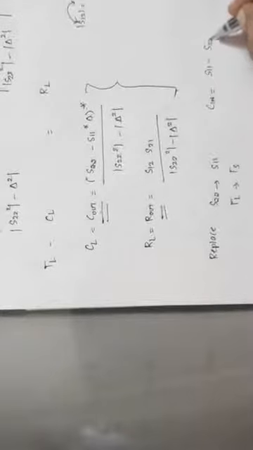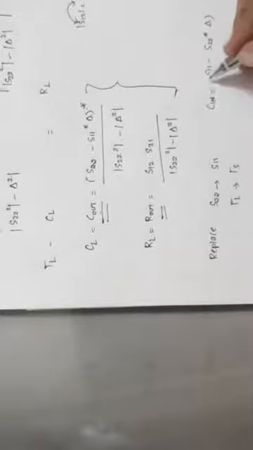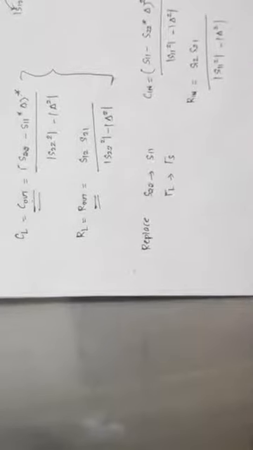So the formula for the input stability circle center, Cin, will be (S11 minus S22 conjugate times del) the whole conjugate, divided by mod of S11 squared minus del squared. And similarly, the radius of the input stability circle, Rin, is given by mod of S12 S21 divided by mod of S11 the whole squared minus del squared.